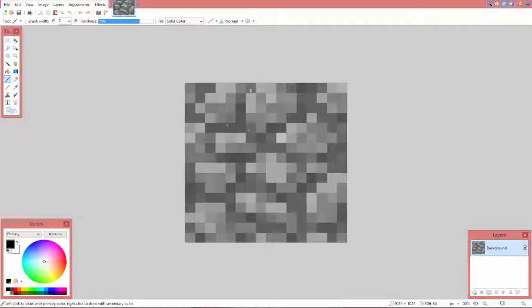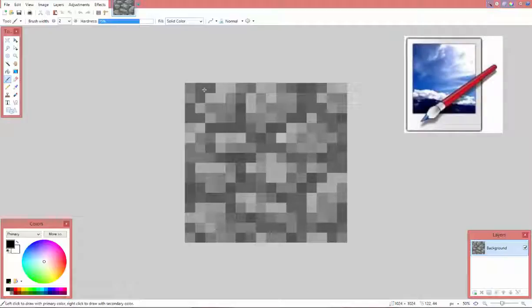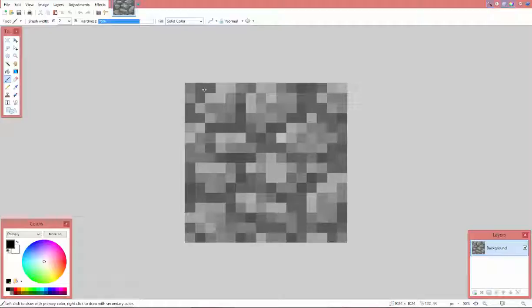The things you will need are paint.net, a texture that you want to customize, and another image that you want your cobblestone or like X block to look like. And also, guys,